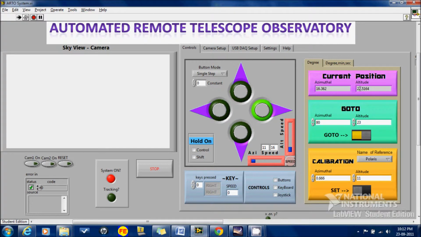You can see that an approximate position is aligned to the telescope. Now using fine adjustments, we can easily point out Jupiter.